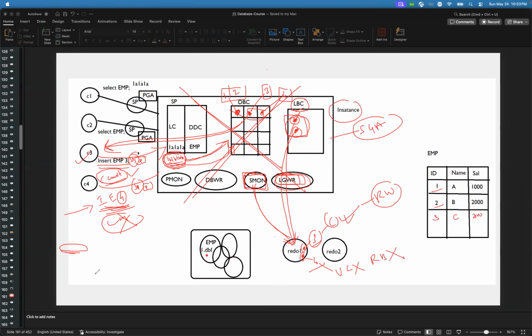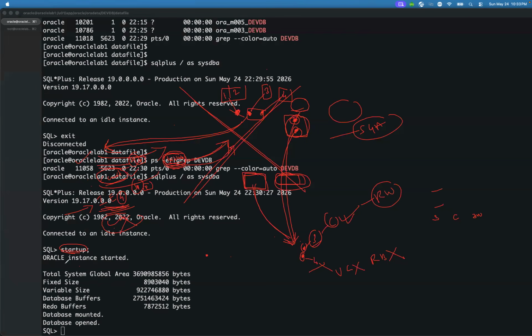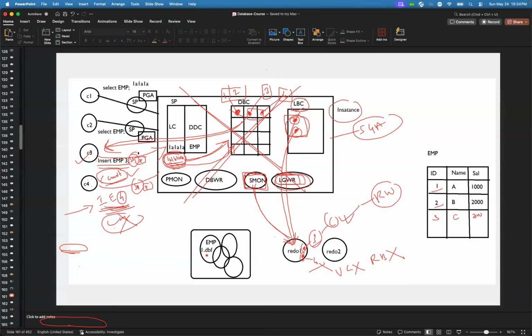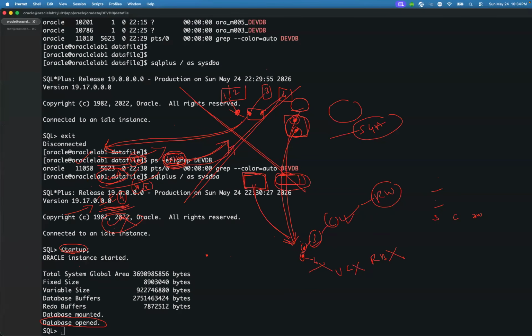And then your database will get opened here. After the roll forward and roll back are done, your database will get opened. And then when somebody goes and checks that employee table now, it will have the records 1, 2, 3. Then after this next startup, after you do a startup,